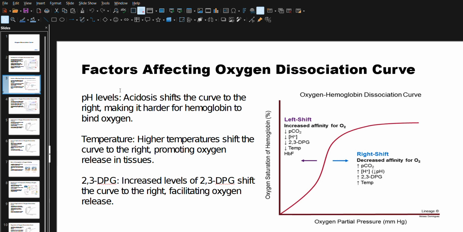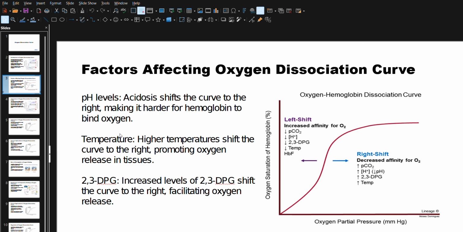So, pH levels. Acidosis shifts the curve to the right, making it harder for hemoglobin to bind oxygen. Acidosis will result in shifting the curve to the right. Here you can see the right shift and the left shift. Okay, in the right shift what happens? Decreased affinity for oxygen. Here you can see temperature: higher temperature shifts the curve to the right, prompting oxygen release